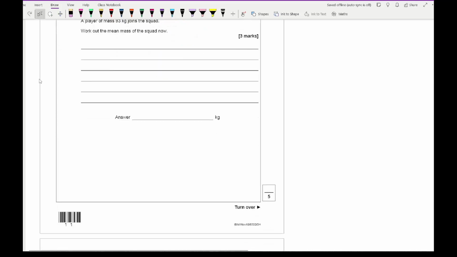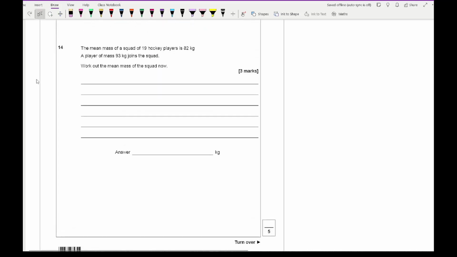Then with question 14, it says that the mean mass of a squad of 19 hockey players is 82 kilograms. A player of mass 93 kilograms joins the squad. Work out the mean mass of the squad now. What we need to work out first is the total weight of the 19 players. That is done by doing 82 times 19, which gives me an answer of 1558. Then if I add the new player, which is 93, then it comes up to a total weight of